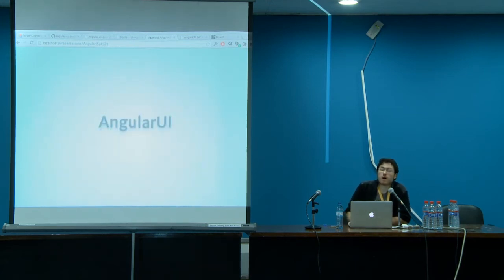So what about AngularUI? AngularUI is the sort of unofficially official companion suite for AngularJS. It's got a bunch of tools and sort of official community things for AngularJS. We work directly a lot with the core team, and some people who are on the Angular core team started out in AngularUI. So if you're looking to contribute to the AngularJS community, AngularUI is a really good place to get your feet wet.